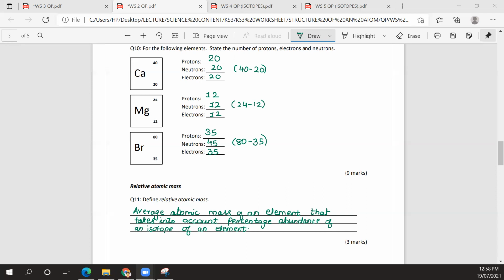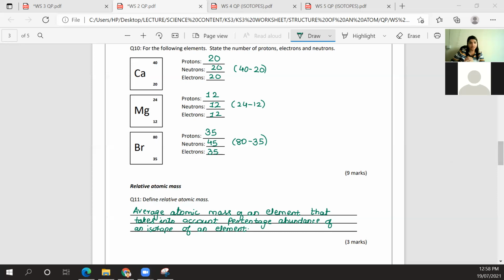What happens is there are elements which have isotopes. So you can say there are isotopes of an element present. Let's say I give you a balloon which is filled with chlorine gas. Now, let's say there are 100 molecules of chlorine in that balloon. Out of those 100 molecules, it's not necessary that all of them are chlorine 35.